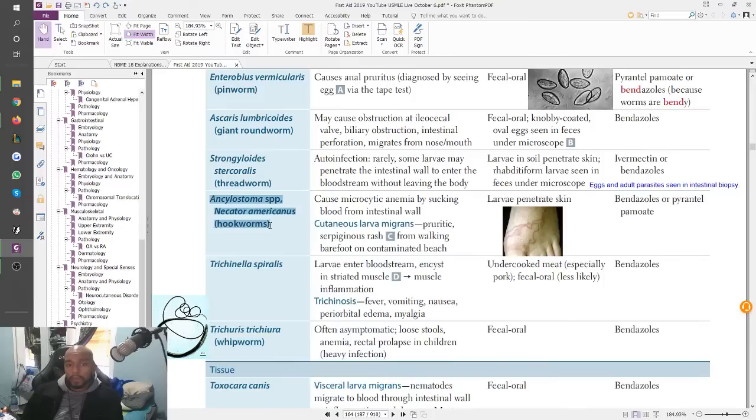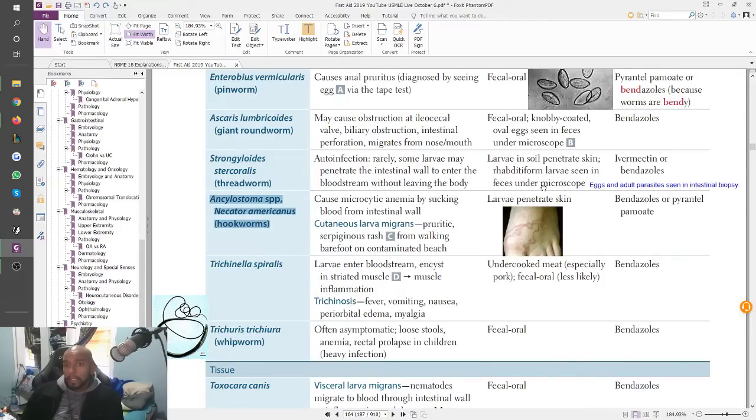You see they don't give you a picture of the egg here. I put this picture here to show you that it penetrates your legs. So if you're walking around barefoot, you have to think of this kind of thing. Strongyloides also has larvae that penetrate skin, but that causes different things. Here in Strongyloides, what happens is you get autoinfection, right? Larvae that penetrate your skin go into your intestine, then you swallow it. You keep swallowing it yourself.